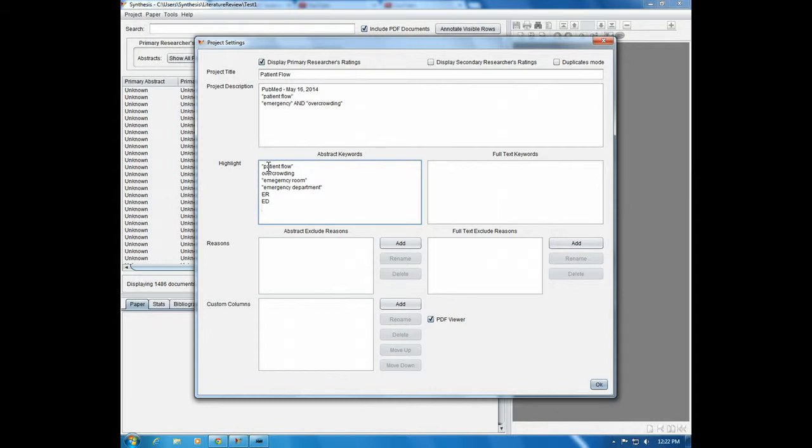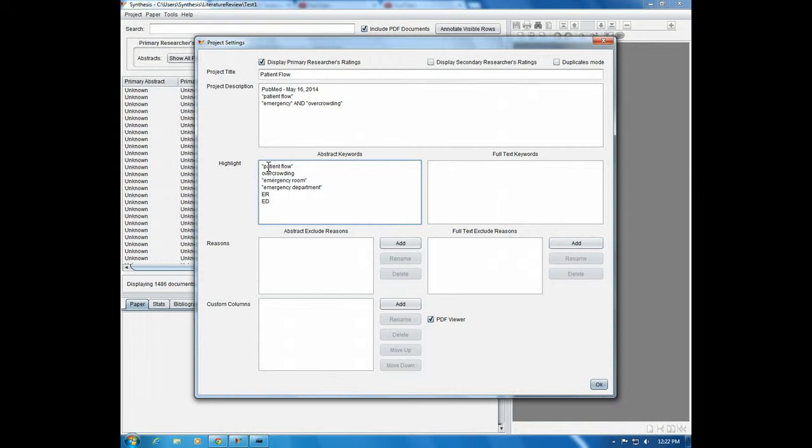You're seeing that we have one line per highlighted item, and if we have multiple words for a term that we're searching for, we will put those into